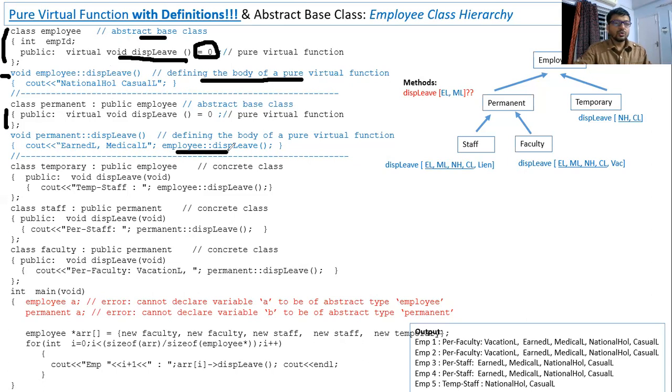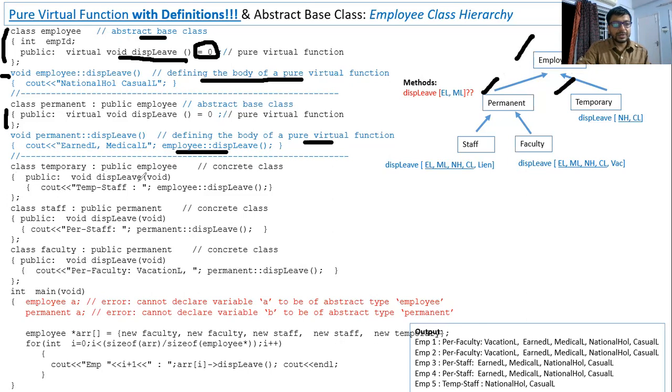Okay, so that means I have this part as well as I add some more to it. So I'm just trying to redefine it, although it is incomplete. So definition of the body of the pure virtual function, here also I'm trying to define it. Okay, so in that way I keep on doing things. And then the class temporary, so I have got this one. And when I go for class temporary, now I find that temporary has got nothing more to specify,